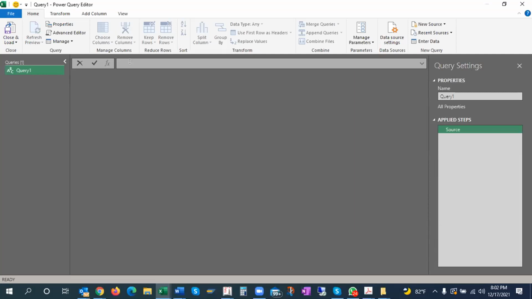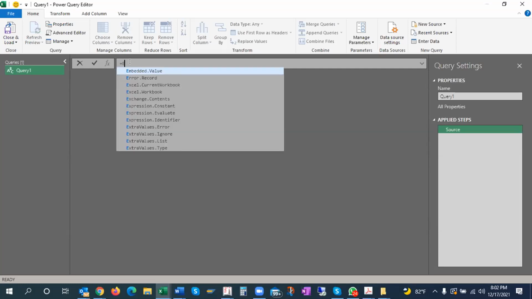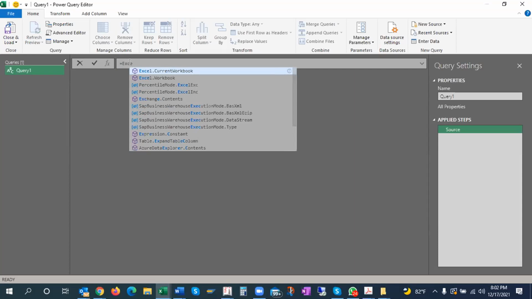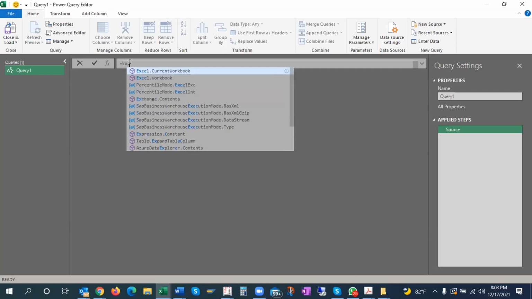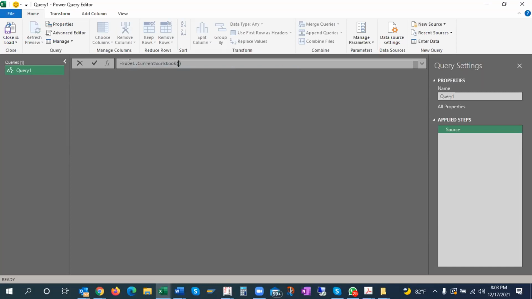Now here I have to write is equal to Excel.CurrentWorkbook. So when I say current workbook and I give parenthesis, and as soon as I say enter.